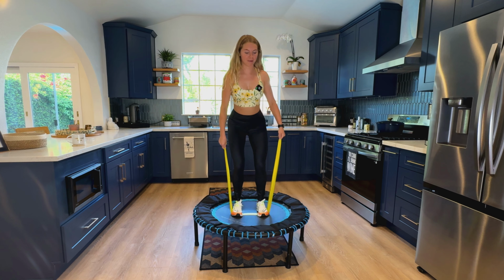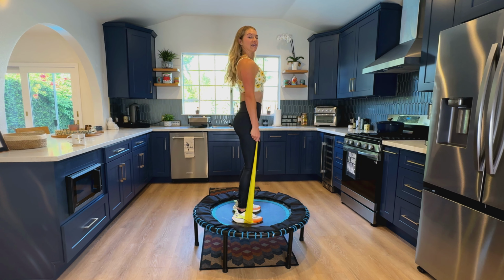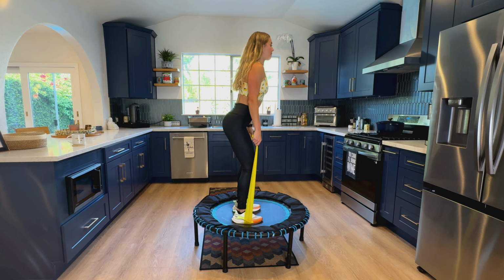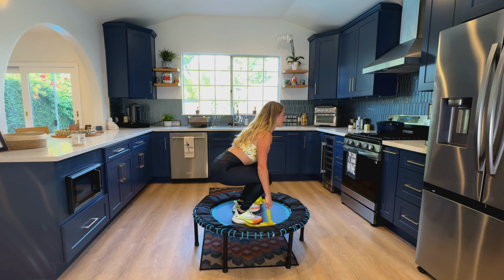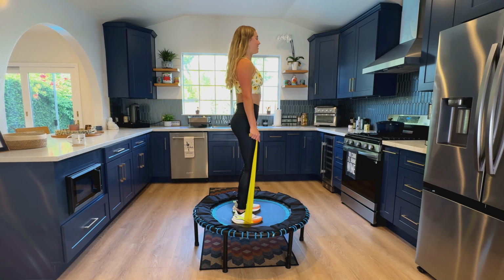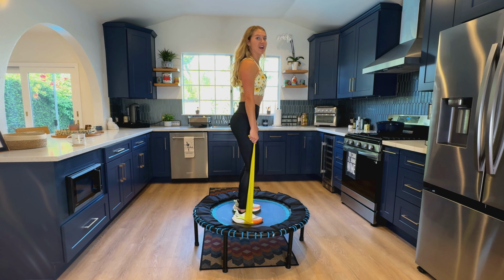I'm very particular about form. Okay, I'm going to show you this from the side. So shoulders stay down as I lift the band. I'm going to lower the band, and I'm going to send my butt back, and then bend at the knees. Squeeze right there. You got it. Let's work those glutes. We're going to do 3 more total, and then you're out, and we have done it